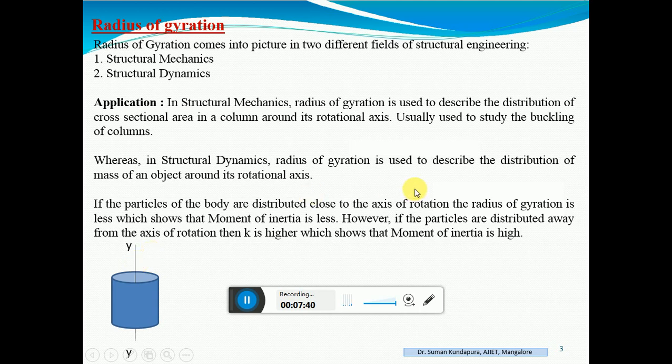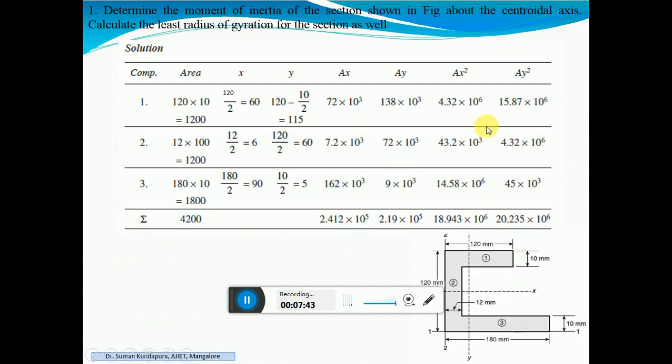So what you need to concentrate on is the area distribution. In centroid also we found the moment of area. So here the next step is the second moment of area, that is once again you are multiplying with the x distance and then finding the moment of inertia. So we'll solve the first problem. You will get an idea of how to calculate the moment of inertia and how to calculate the radius of gyration.